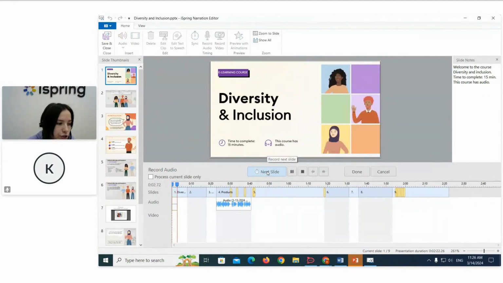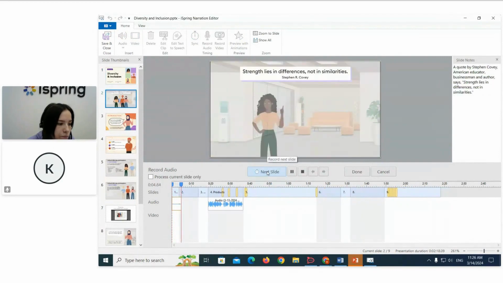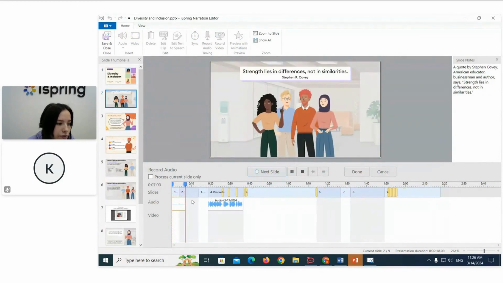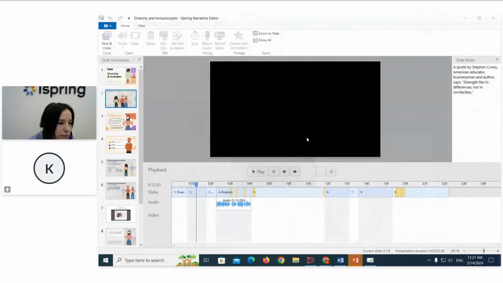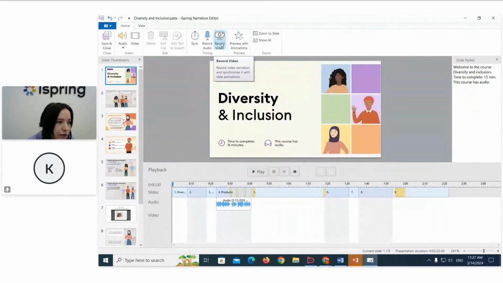You can easily change slides by clicking Next Slide. And the duration of the audio will be automatically adjusted to the duration of the slide. You can also pause. You can stop narration. You can go to the previous or to the next slide. Once you're done recording, just click Done. Or we can also cancel and go back. The same way you can make video narrations, record them right in the Manage Narration window,